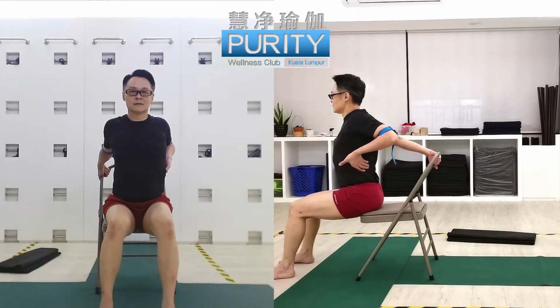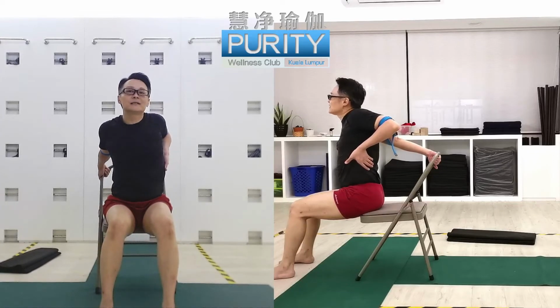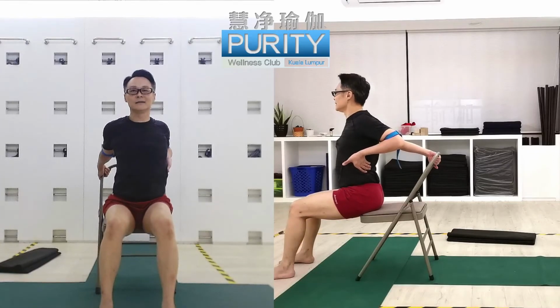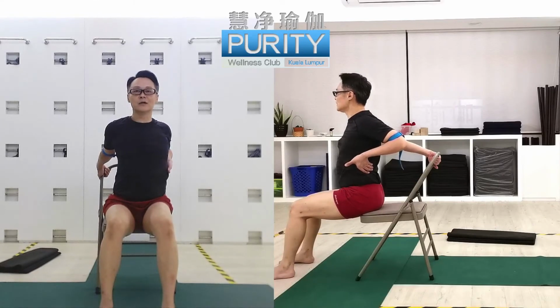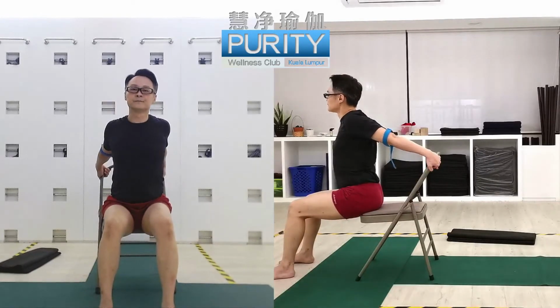Yes. Lift the chest up. Shoulder. We are practicing shoulder all day today. Shoulder away from the ear. Now shoulder move towards your elbow. Move towards your elbow. Yes, straighten the right hand. Now left hand,